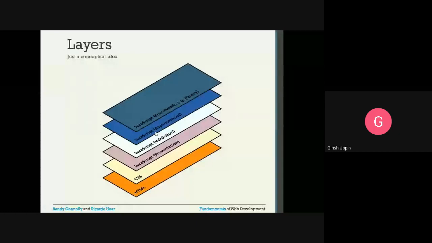We just talked about that. We can send an asynchronous request to the server and get the data using JavaScript. And we can have a JavaScript framework. For example, jQuery is one of the very well-known JavaScript frameworks. So these are the different layers. That is how we can stack our application.